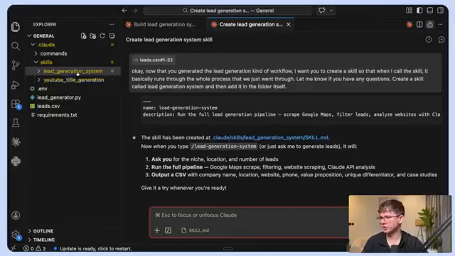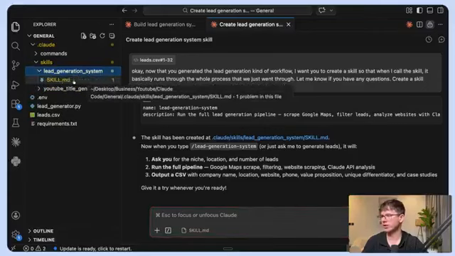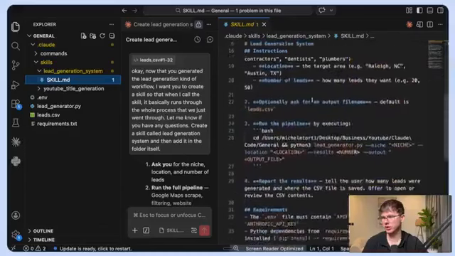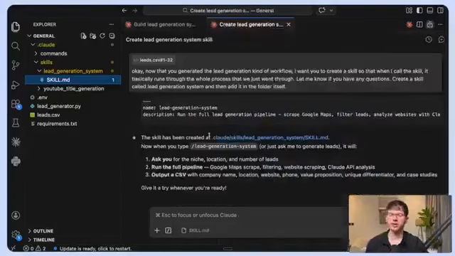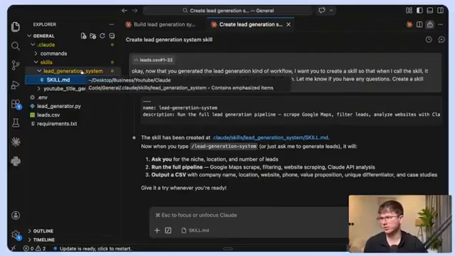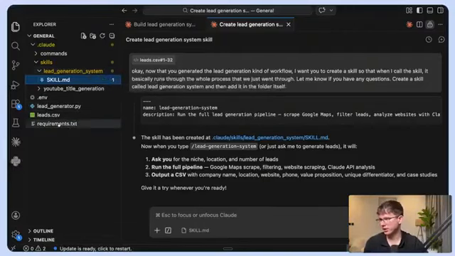I can go here to lead generation system, and I can see that I have a document called skill.md, and this contains a full instruction manual for that specific skill. So lead generation system, description, instructions, and we go on and on. The only thing is that it didn't make a folder here called scripts and references, because this right here and this right here, they're both references, even this, and then this right here is a